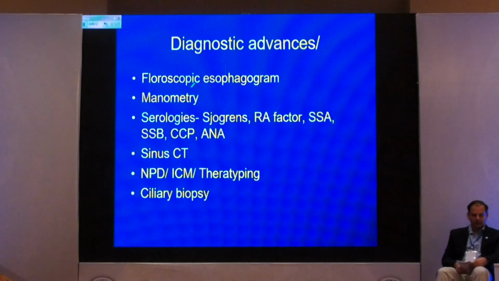I hope the GI colleagues can do anything better than a PPI. That's the only thing that they do, put them on a PPI. We want to see manometry or some other surgical techniques that we can do, but there are interventions that can change somebody's life if they have it. And it's very common, unless you do it. So if you do it, you will look for it.